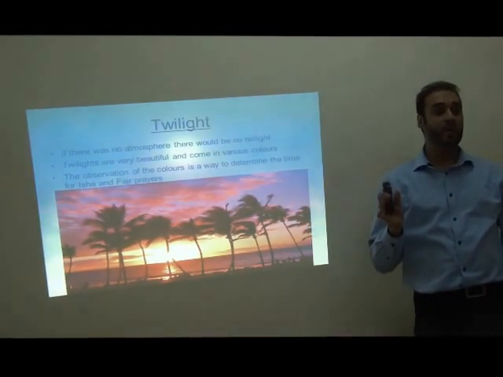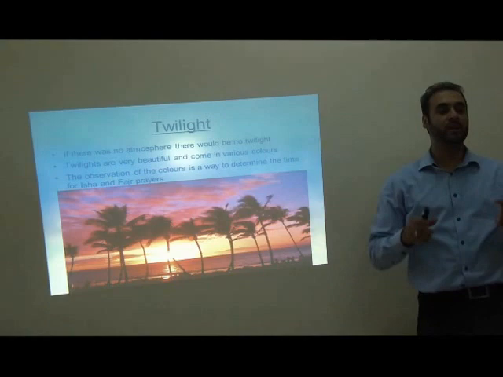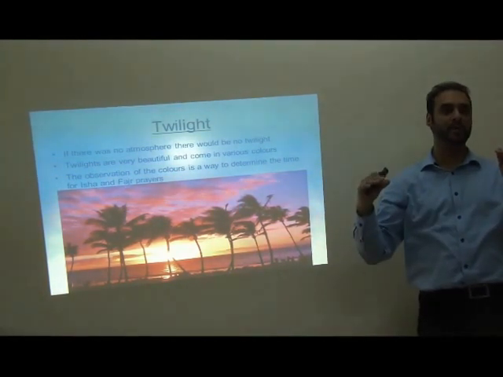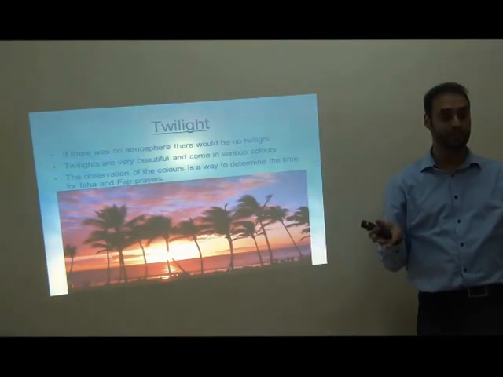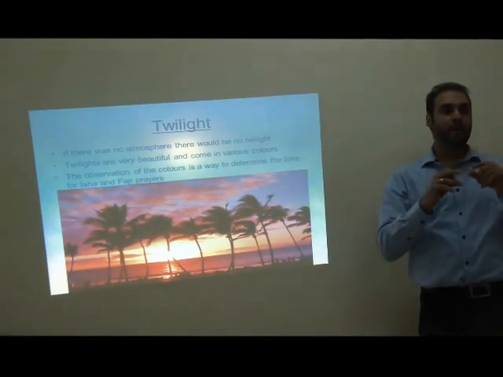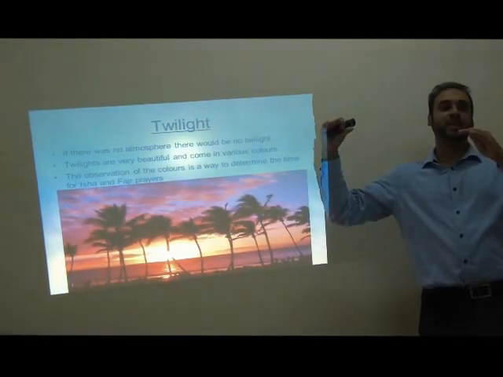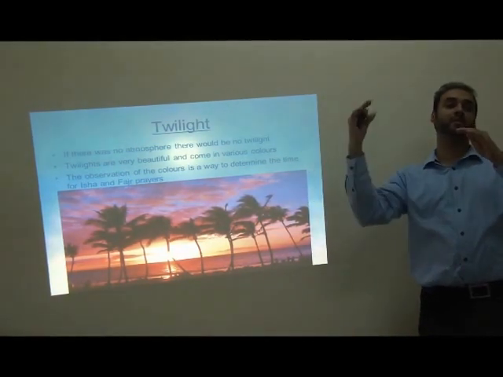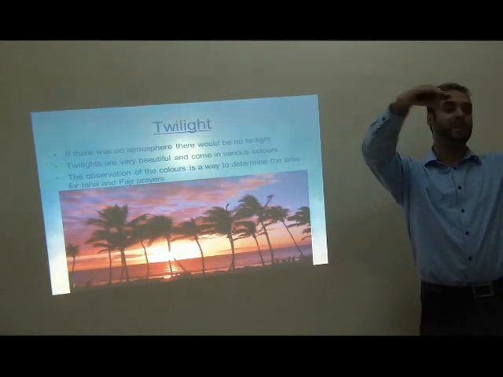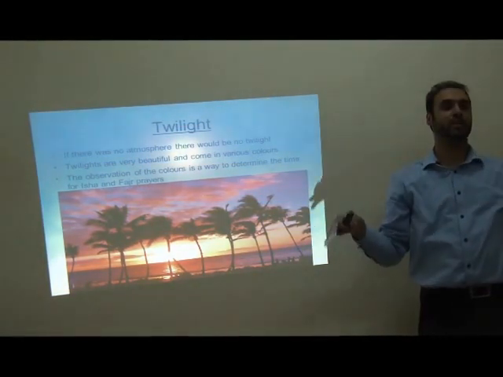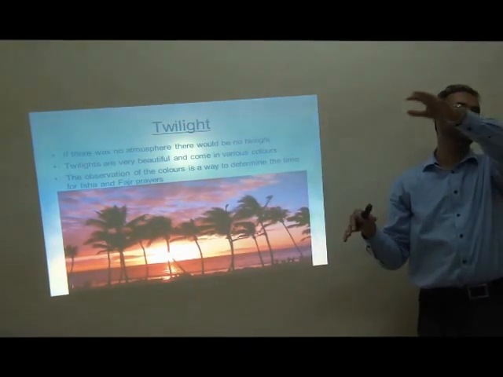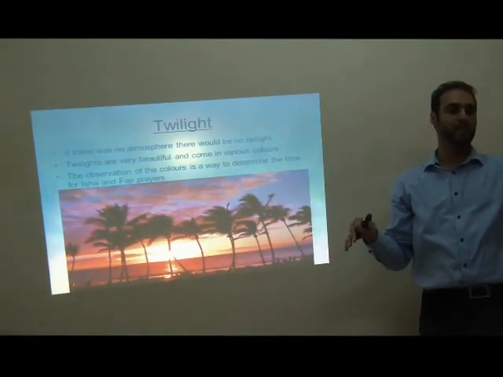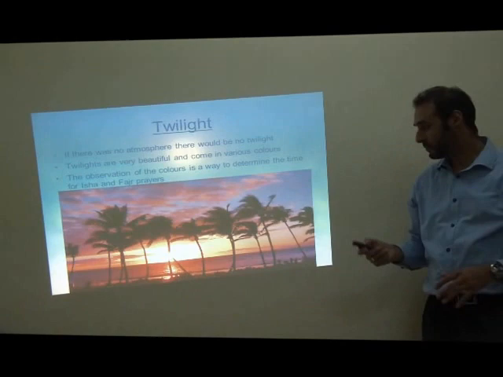All right, if we didn't have an atmosphere, the earth would be completely dark. The minute the sun went below the horizon, you'd get complete darkness, like it is on the moon. It's because we've got an atmosphere that even though the sun is below the horizon, the light is still hitting the atmosphere and being refracted and reflected and scattered across parts of the earth for some time. So that's the reason why you still see twilight when the sun's gone down.